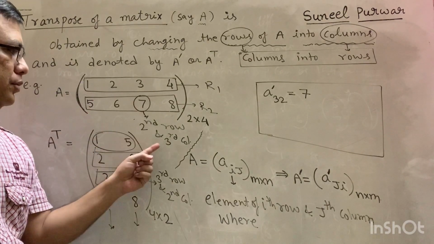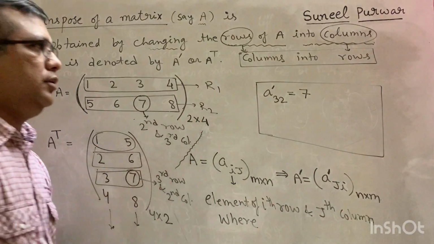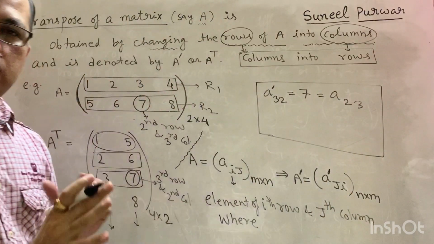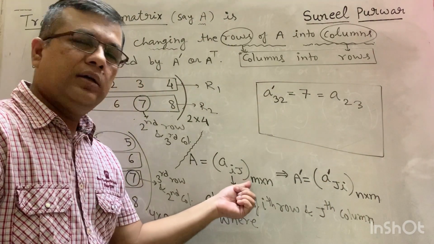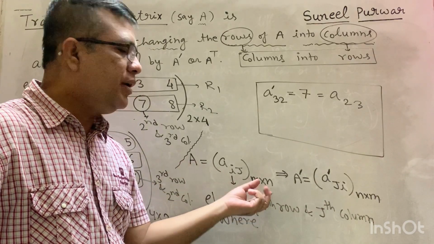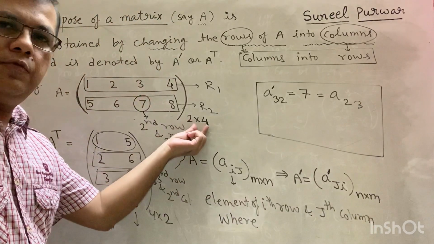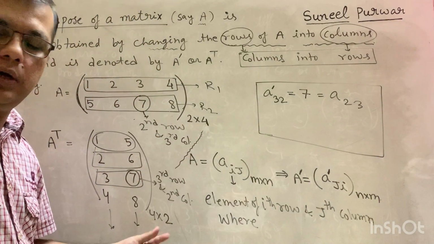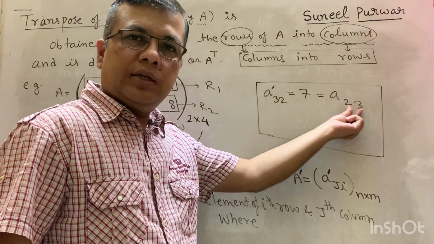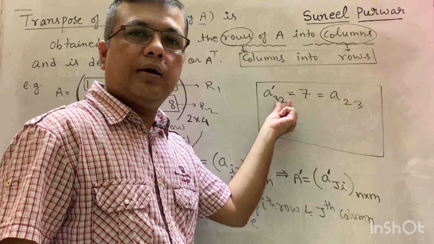A23, second row, third column, A23. Okay, A23. देखो कुछ कुछ वैसा ही हो रहा है जैसा यहाँ पे साइजेज के साथ हुआ था. अगर ओरिजिनल साइज m बाई n है तो ट्रांसपोज में वो रिवर्स हो गया, n बाई m हो गया. ओके, ध्यान है ना, 2 बाई 4 क्या हो गया था यहाँ पे, 4 बाई 2 हो गया था. तो बिल्कुल वैसा ही यहाँ पे भी हुआ. अगर ओरिजिनल मैट्रिक्स में एलिमेंट 2 3 पोजीशन पर है तो ट्रांसपोज में वो कहां पर जाएगा, 3 2 पोजीशन